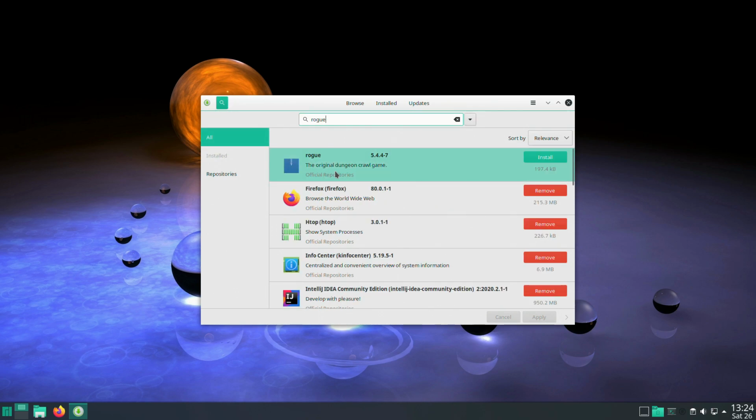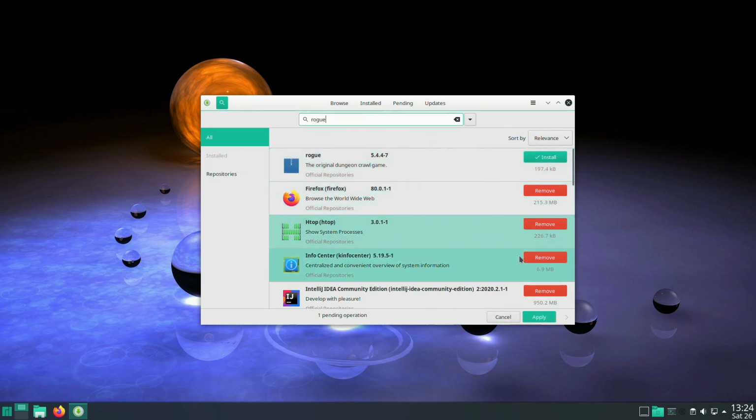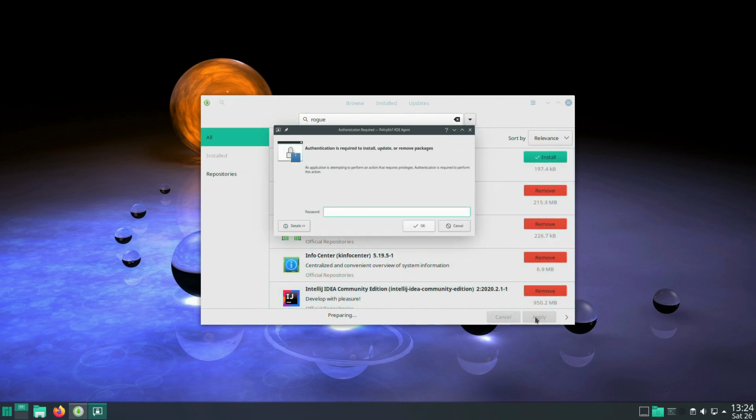The original dungeon crawl game. 197.4 kilobytes. Not megabytes, kilobytes. That's about 10 times. Well, actually, it's more than 10 times bigger than the original in 1985. Okay, let's apply that.